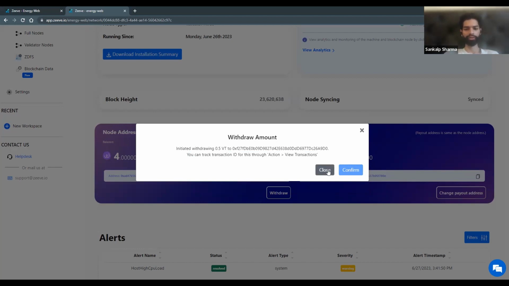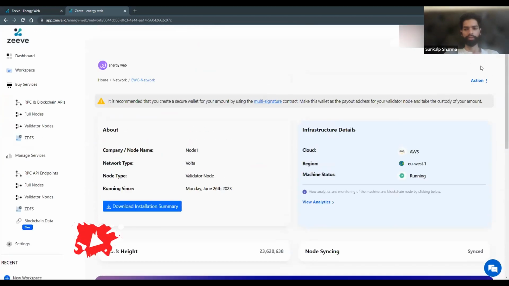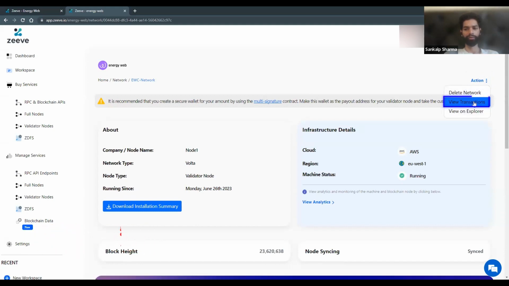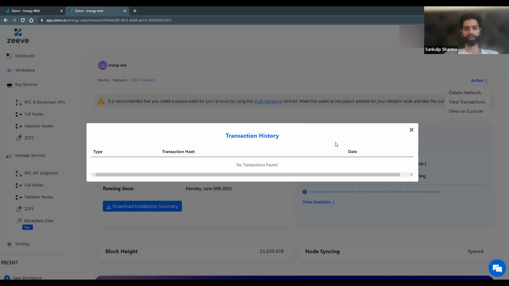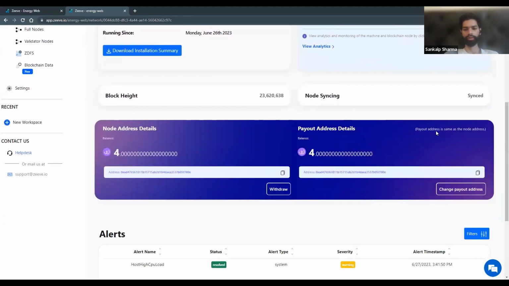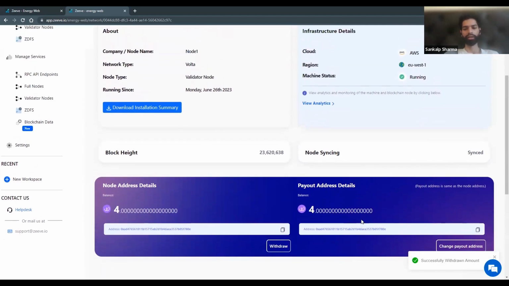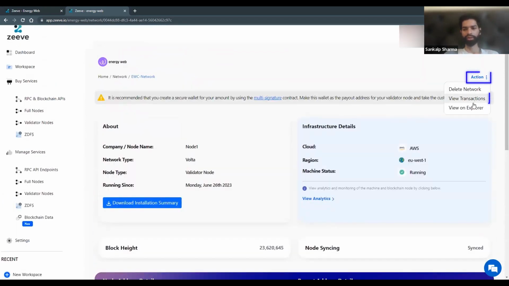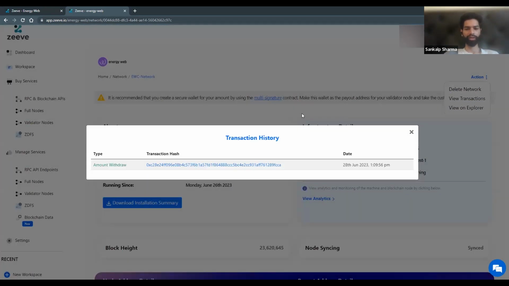It will take a couple of minutes for this transaction to be viewable on my panel, and it will automatically be provided here onto my view transaction panel. So it'll take a couple of minutes for it to pop up here, but till then we'll go ahead with demonstrating the functionality of changing the payout address itself. You can see I've got a notification of successfully withdrawn amount, which means that my transaction is completed. The balance will take a couple of minutes to change, but now if I open my transaction list, I should